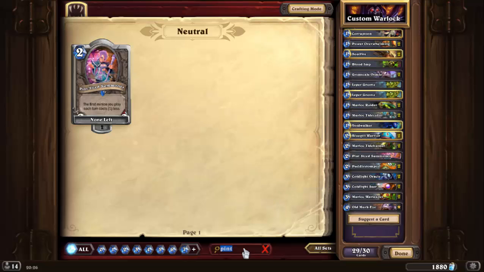Now for the last card, I have been using a Jeeves for the card draw, but I have found that combined with the Warlock hero power, it can cycle through your deck sometimes a little bit too quickly. So a new card I got last week